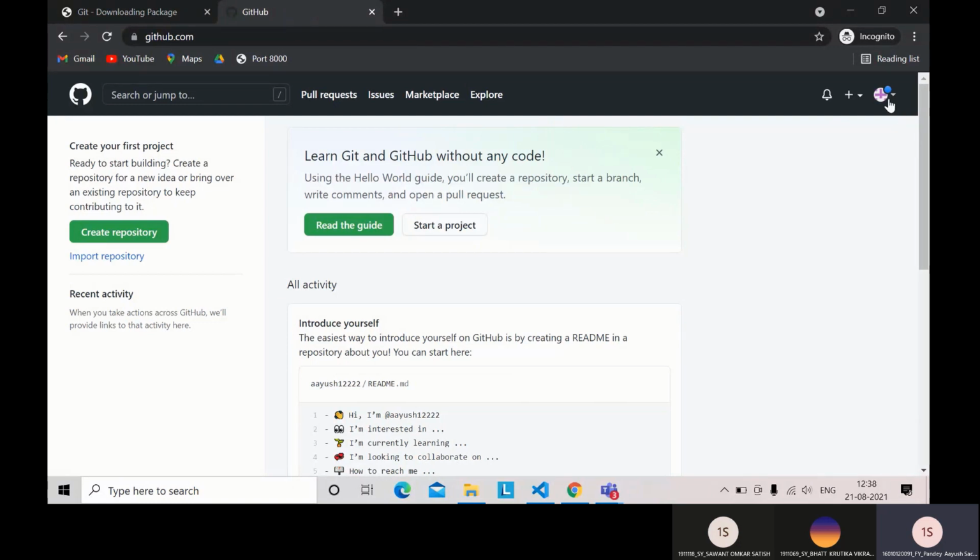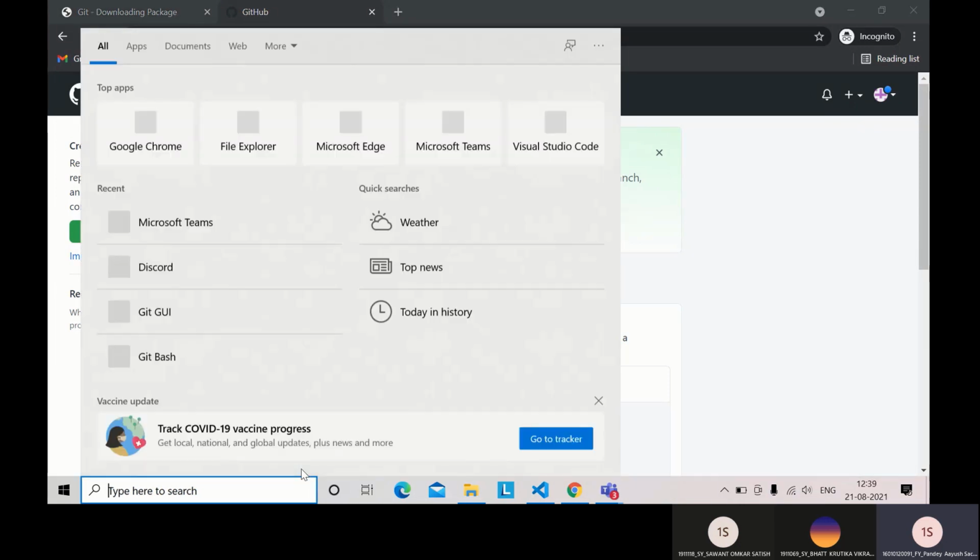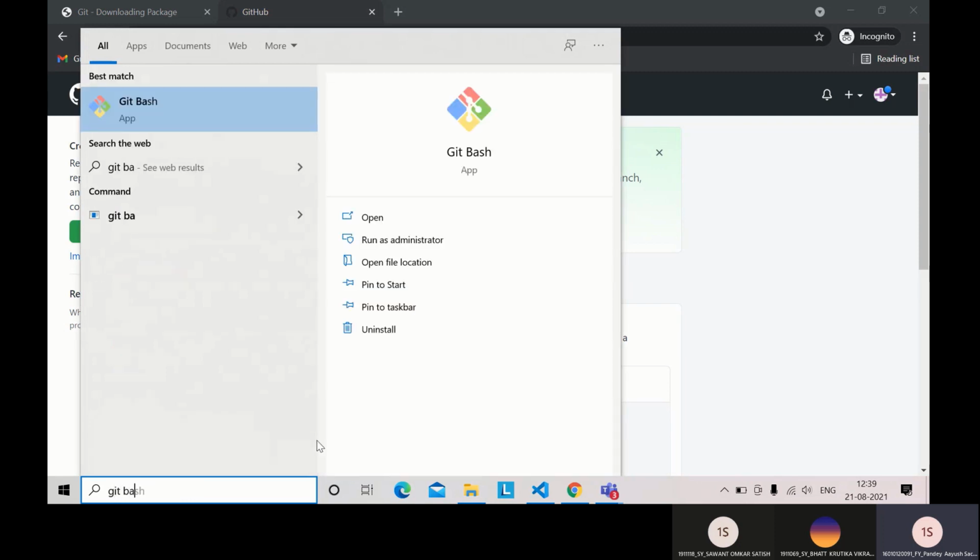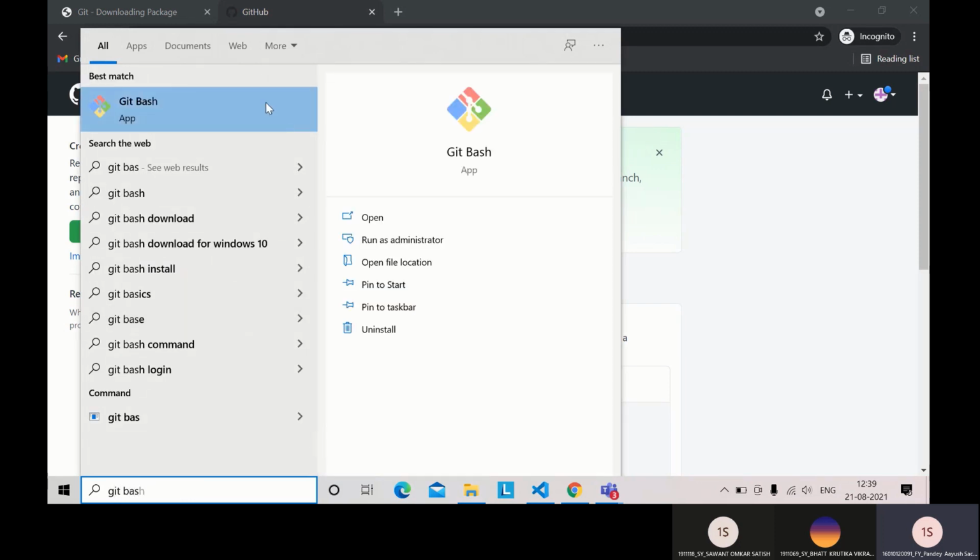Now, before starting with GitHub, let us see how we can install Git. Simply click on that exe file and follow the steps. Just select next, and once it is finished, in the search bar just type git bash. Git Bash is a command line interface similar to Command Prompt and PowerShell in Windows.